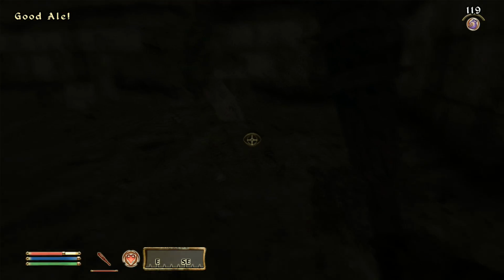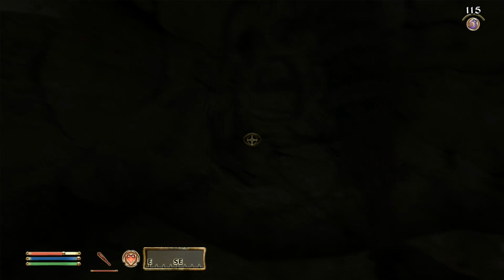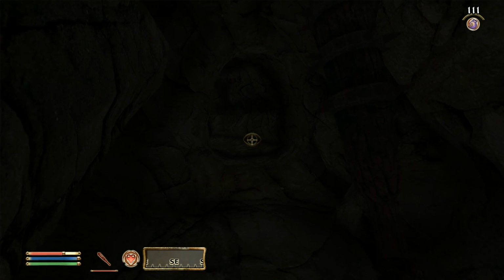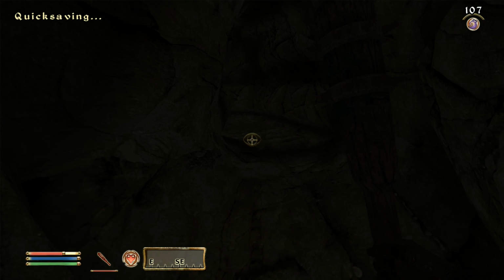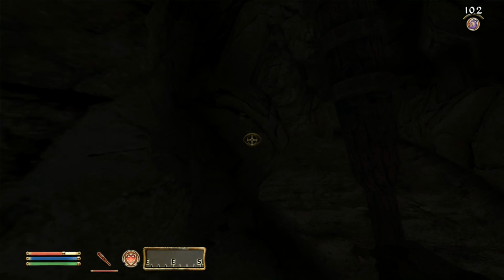Wash down that stale cheese with. Right. He's not had a drink in quite a while, it seems, because that hit him pretty hard. Sneak skill increased. Oh, that's always a bit of a dead giveaway. There's someone around the corner, eh? I'm going to just